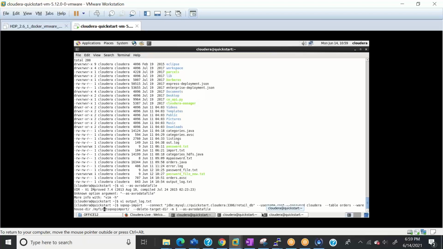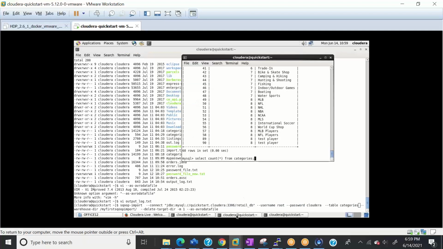So here, in the categories table, I'll show you now. Let me go to MySQL first. If you see here, I have 60 rows in the table, right?